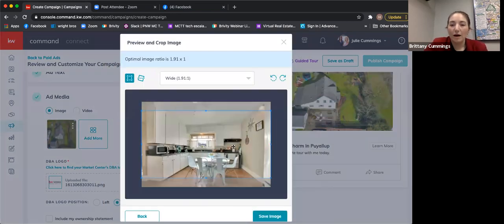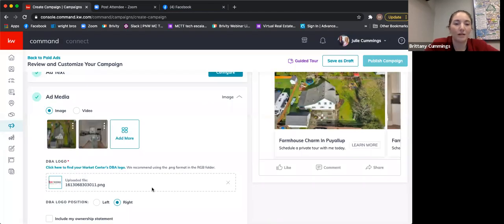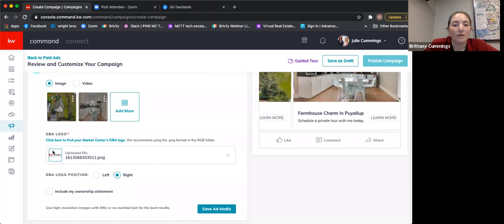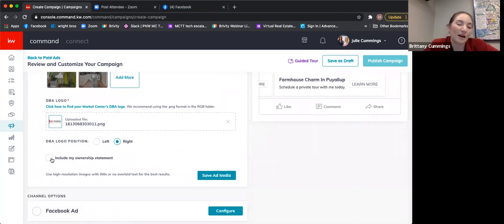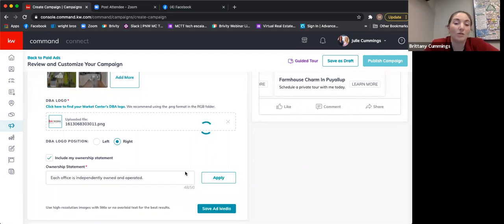And I like to leave it wide, and keep in mind on the mobile, it's going to crop it. The reason I'm going to use this one is because it does mention farmhouse, and those are a farmhouse style chair. So I'm going to stick with that. Just move that around, save the image. And so I'm just going to have those 2. And then I've got my logo for the office on here. Perfect. I'm always going to click that ownership statement, so that way I cover my bases for marketing compliance,